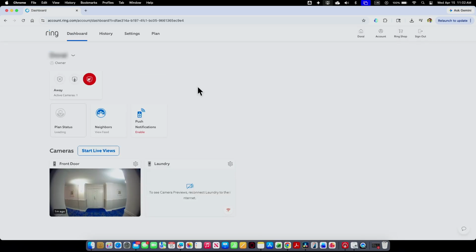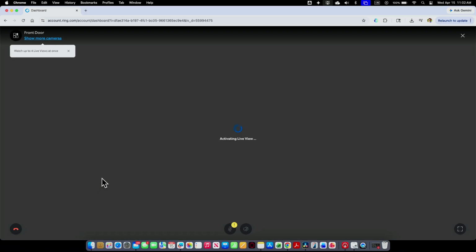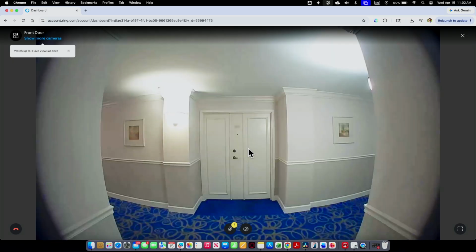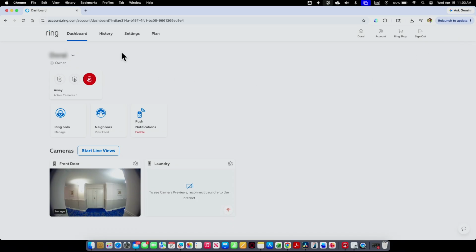your cameras. Here's the location, and then here you can see your camera live. Just click on it and it goes live, right? So it's activating the live view right now, and I can see my live camera. Okay, so super simple. And then if I just want to view the recordings, I can just come here to